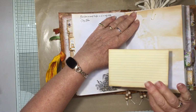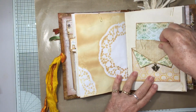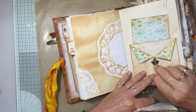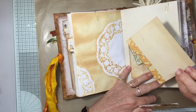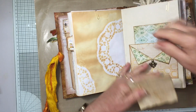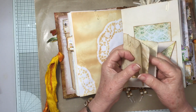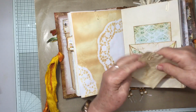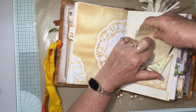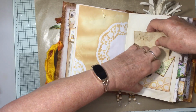Page there, another one of the index cards. This is a little pocket. It's got a little bee on there. A little journaling card with some washi tape. And then it's just a few little sheets of coffee dyed paper that I got from, now this is where I get it, she's Larissa, I think, on Leaves and Wood on Etsy. I get those,